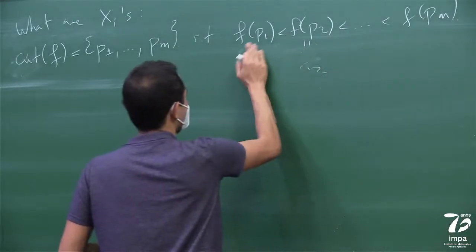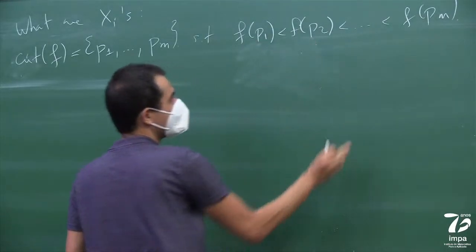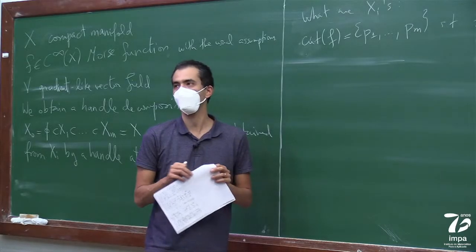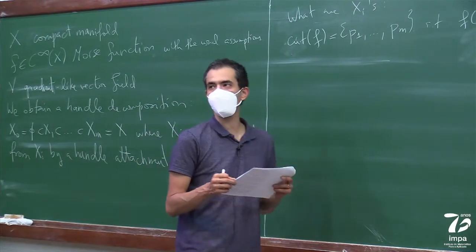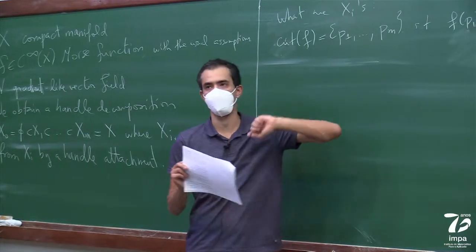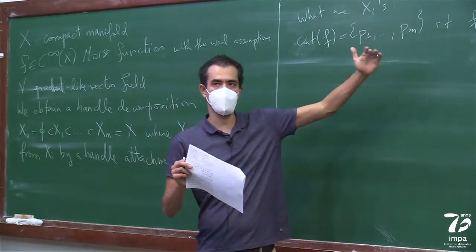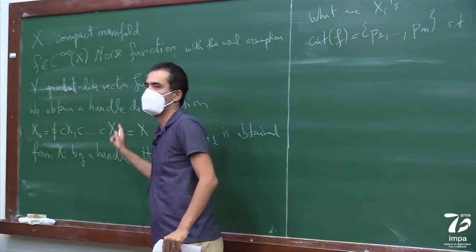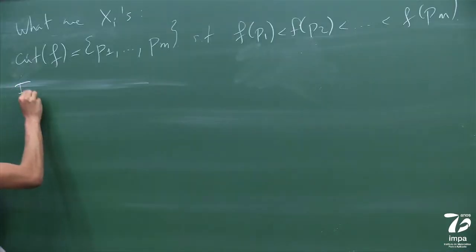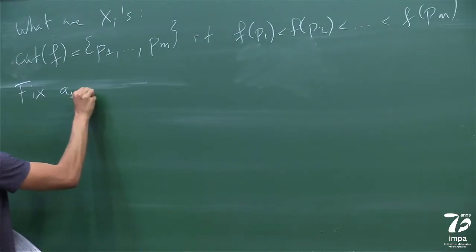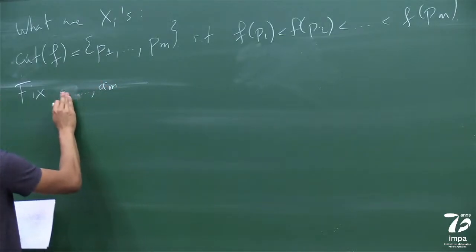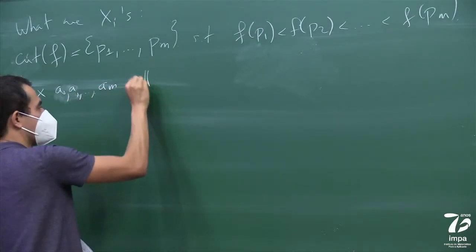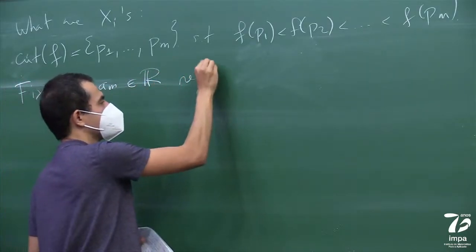No, sorry, I don't want to call these A1, A2. Okay, so we order the critical values. I'm not going to give them a name right now. What I want to say is that I want to choose regular values in between them, and the pre-image of everything below a certain regular value is going to be one of these manifolds. So now I fix a set A0, A1 through Am. These are real numbers. These are regular values